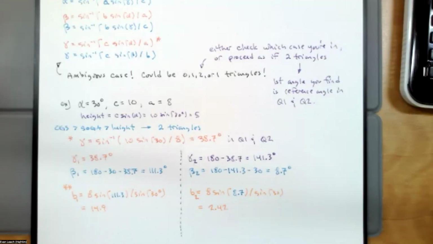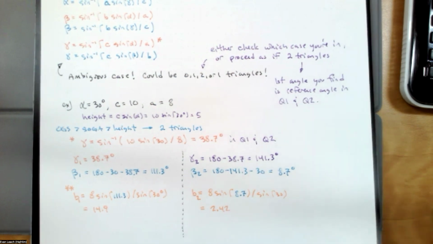So this raises the question, what if we forget to check the height? You don't have to worry about checking the height. The numbers will tell you what the situation is. If you just try to proceed, the numbers will let you know what's happening. So for example,